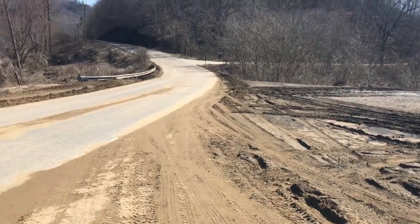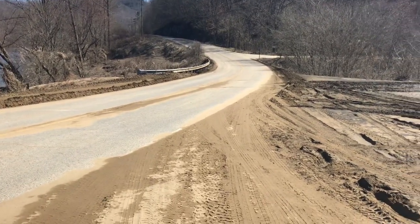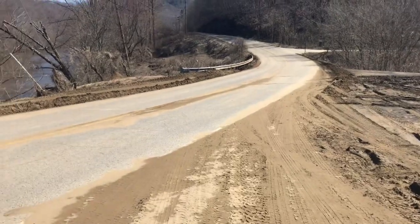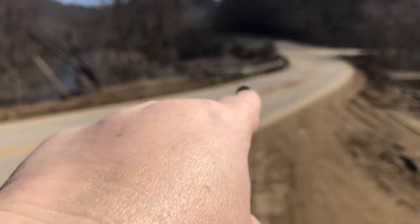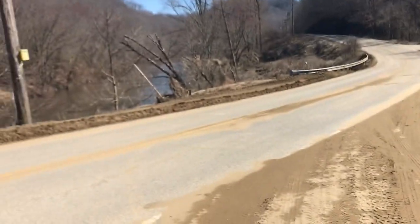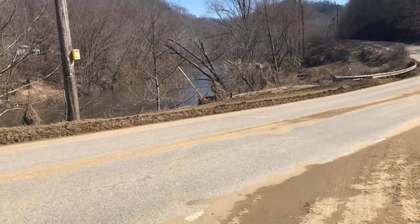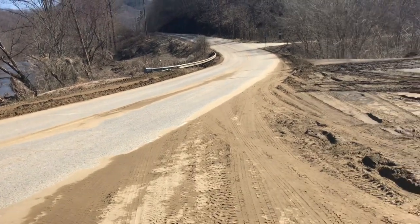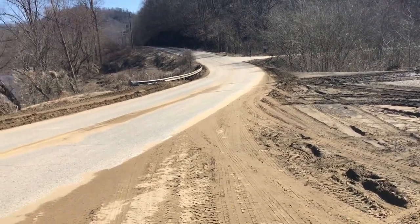Some people with pickup trucks were even trying to get through, and it was actually getting into their vehicle. It was over top of the guardrail completely. You couldn't even see any guardrail. So all of this took place. The river actually had started rising about midday Sunday. It started rising midday, and by Monday morning